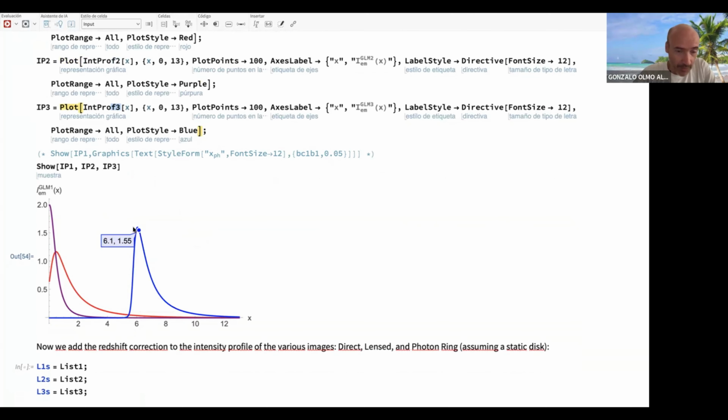So this intensity profile represents a disk of particles in circular orbit around the black hole and has the maximum intensity at the ISCO. Then the intensity decays very fast. It's basically zero. The second model, this purple one, model 2, is a model that